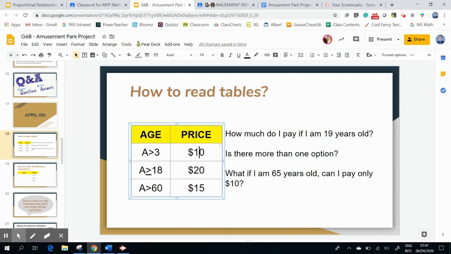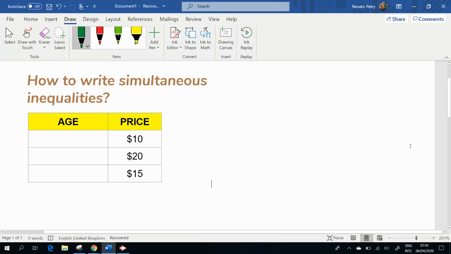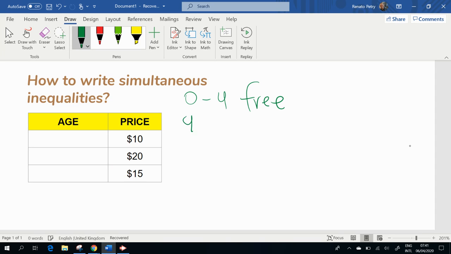Well, yeah, we have two answers. So how can we narrow down to have only one answer for each range of age that we want? That's our goal now. Let me teach you how to do it. So if I have a range of age, for example, I want people who are, let's say, from 0 to 4, it's going to be free. But let's say you are from 4, no, 4 is too much. The kids who are 3 years old, they already can take advantage of a park. So if you are 3 years old until